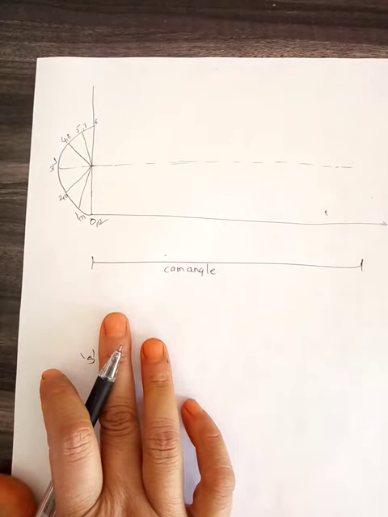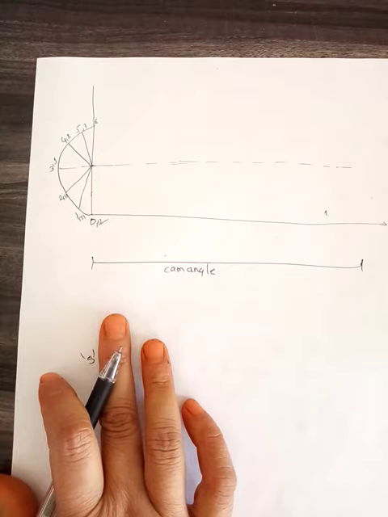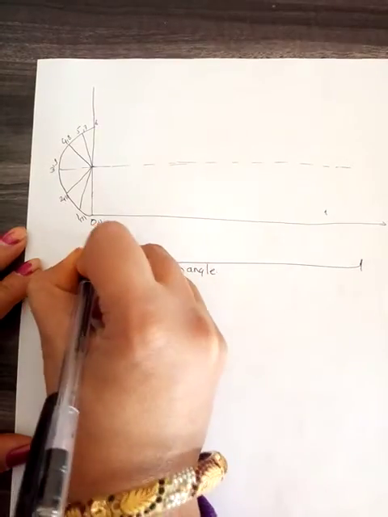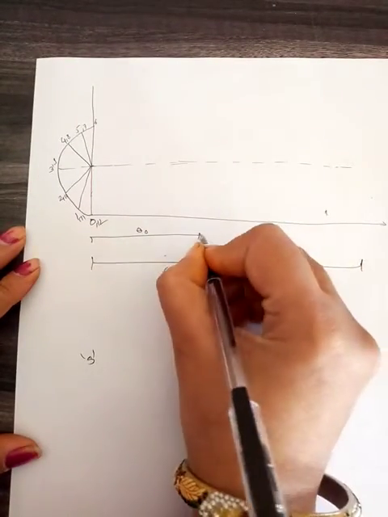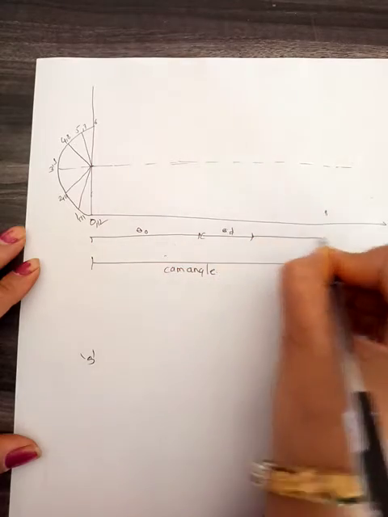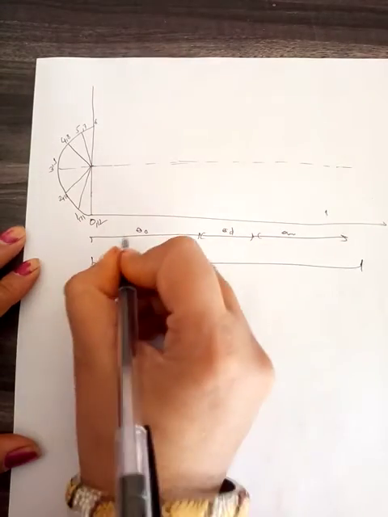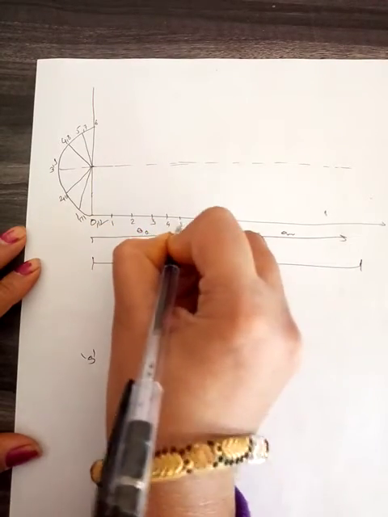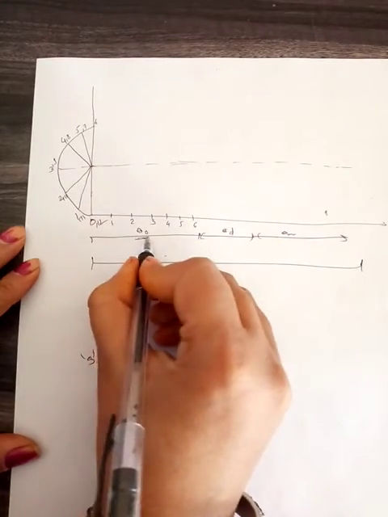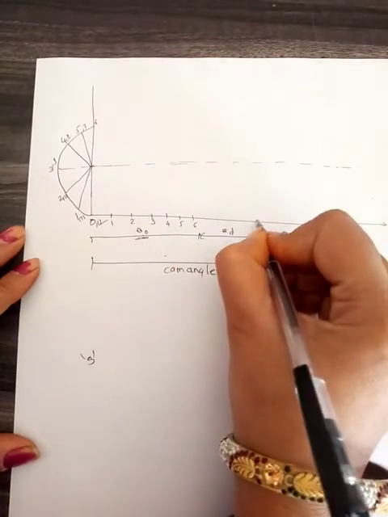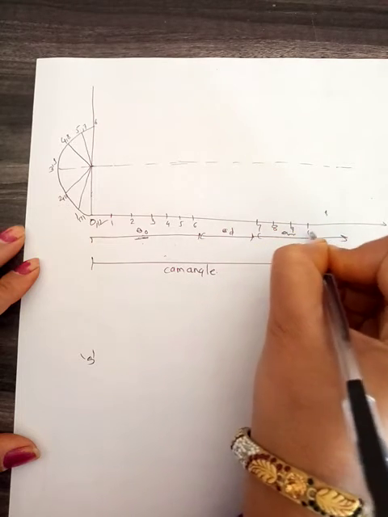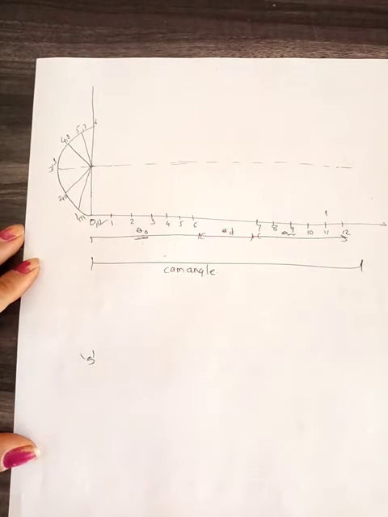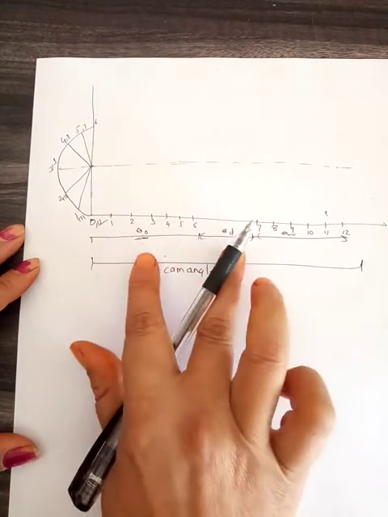Then the next step will be to divide the angular displacement of the cam during the outstroke and return stroke into the same number of parts. This is the outstroke. Suppose this is theta naught, this is theta d, and this is theta r. These are equal parts: 1, 2, 3, 4, 5, and then 6. This is given in the problem as theta naught, and then 7, 8, 9, 10, 11, 12. The 6 parts will be divided, that is, the outstroke and return stroke as given in the problem.